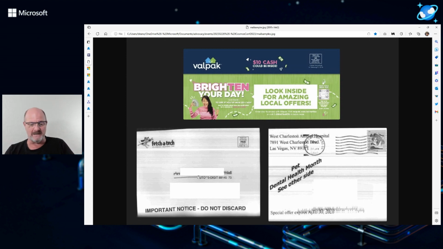Am I getting a lot of junk mail? Am I getting a lot of mail from a certain credit card company or a bank? And start collecting info on what I get in the physical mail so I don't have to keep track of it so much. Did I get something from somebody a month ago? I can look it up, that kind of stuff. So kind of virtualizes your mail.